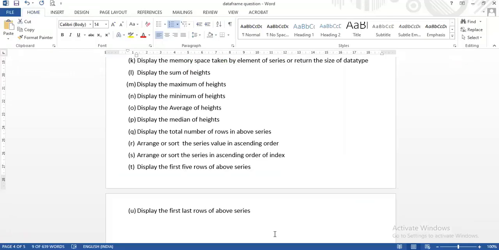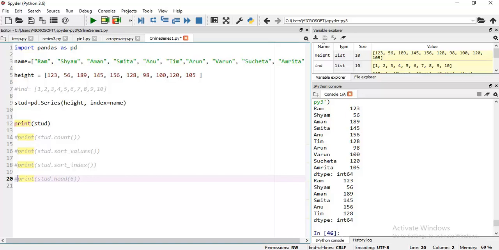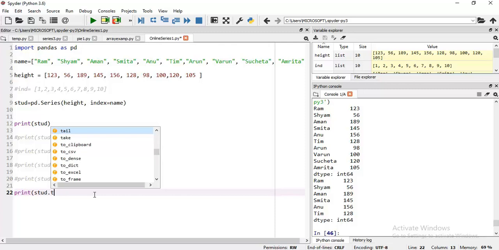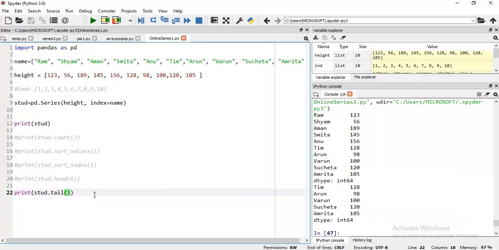Now the last is display the last 5 rows of the above series. For this we have the function tail. Let me execute it. Dot tail. Press F5.